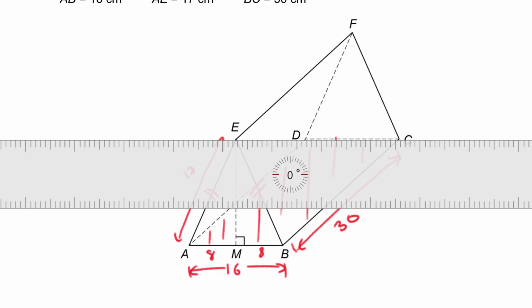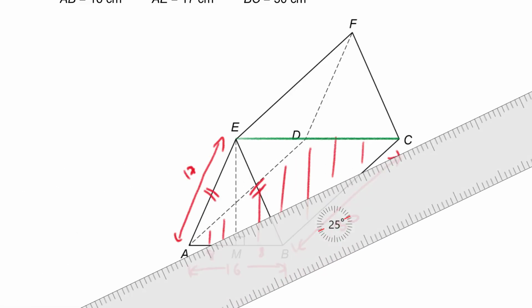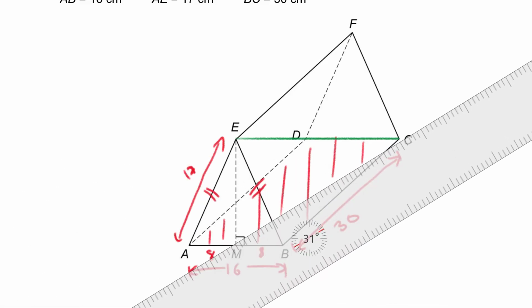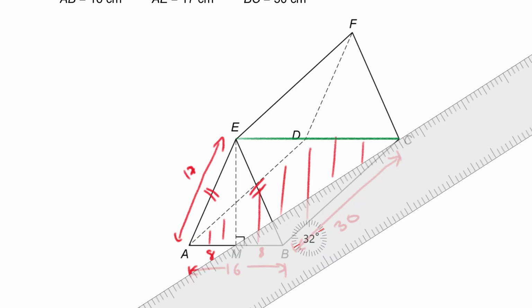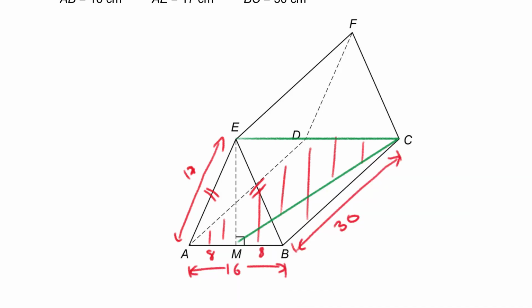Fiddly ruler. So let's go for green. So E, C, and then from C to M. That's interesting. Okay, now I'm going to find this angle here. Now CM is the part of the baseline, isn't it? It's part of that base of the